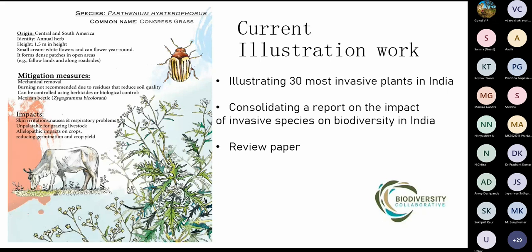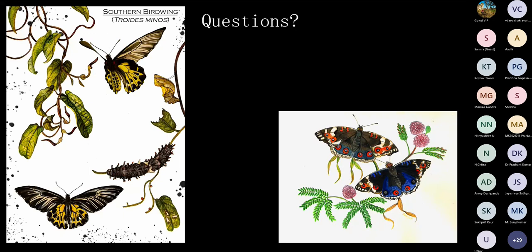So this will eventually be produced as a booklet which will have 50 invasive plant species. I have already completed making some 250 illustrations for this, and there are another 250 to go. So that is my goal for the next few months. And yeah, so I'll take the questions now.